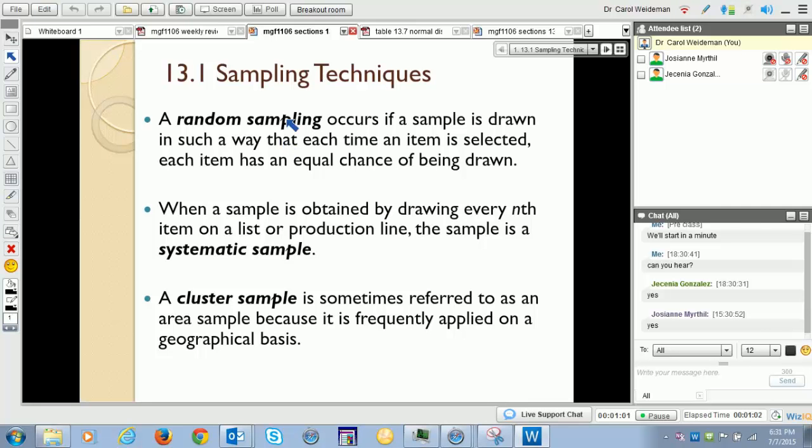Random sampling, where every item or every sample is equally likely to be selected. And then we had a systematic, which means we take every nth item on a list. This is used in production lines for quality control testing, because it's real easy to pick a random starting point and then take every 10th item that comes off the production line. Cluster, sometimes called a geographic sample, the randomness comes here when we select the clusters and then we sample everything in the cluster.